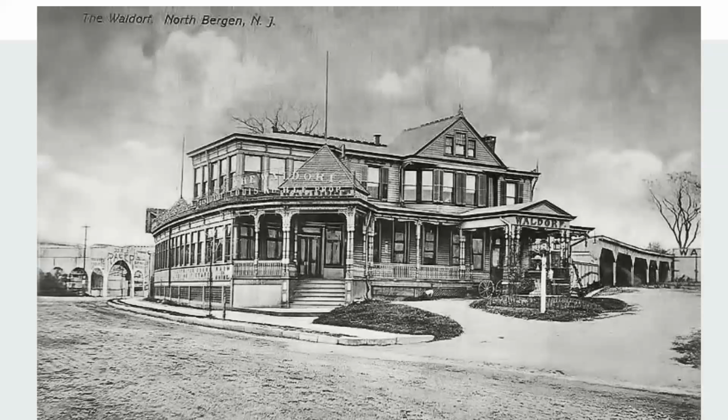You then go a little further north, and we get the Waldorf Hotel. No relation to the actual Waldorf, except that they opened in the same year. And the owner of this hotel decided to steal the name because he thought he could get more customers that way. Again, great idea, right? In the world of business, I guess. But again, the Waldorf had everything a guest could want, whether they stayed there for the day or overnight. All right, the inn had a saloon with the finest spirits of the day,